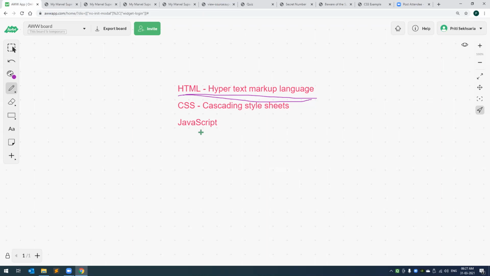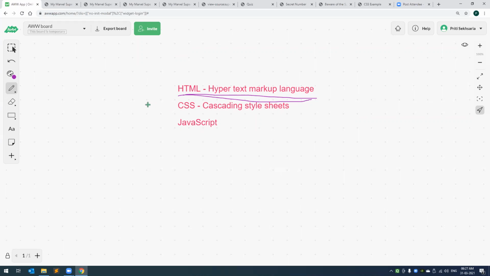There are things like Wix or WordPress where you can create a website without knowing any kind of coding. You can just go click, click, click, and you can create a website. But ultimately, those software tools will also create HTML code in the back, because without that, my browser will understand nothing.